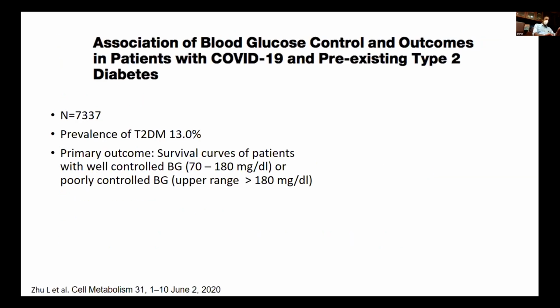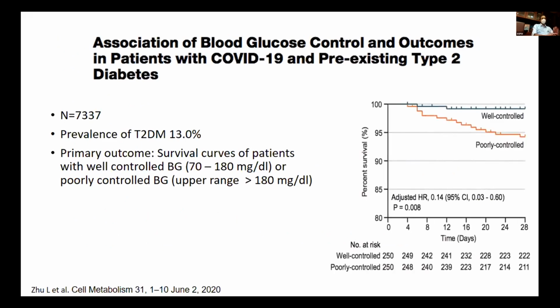This study involved almost 7,000 patients, and they tried to study the survival in 2 groups. The first group consisted of patients who had well-controlled blood glucose throughout the hospital stay, that is 70 to 180 milligram per dl. And the second group had poorly controlled blood glucose at any time during the hospital stay, even for 1 day also. And they found that